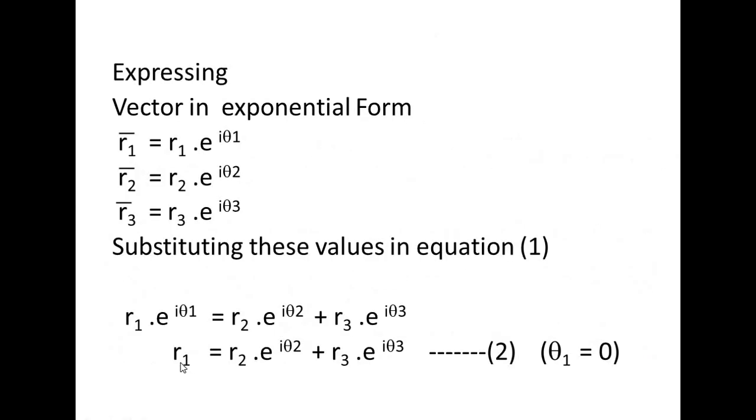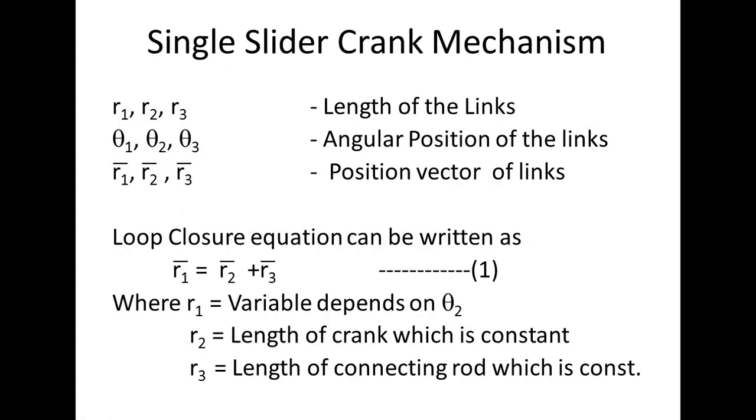This r1 vector, if you differentiate, you will get r1 dot. Why? Because this is a variable, not a constant value, and r2 is a constant value. So you separate the constant term outside, and differentiate e to the power of I theta 2. So you get like this,